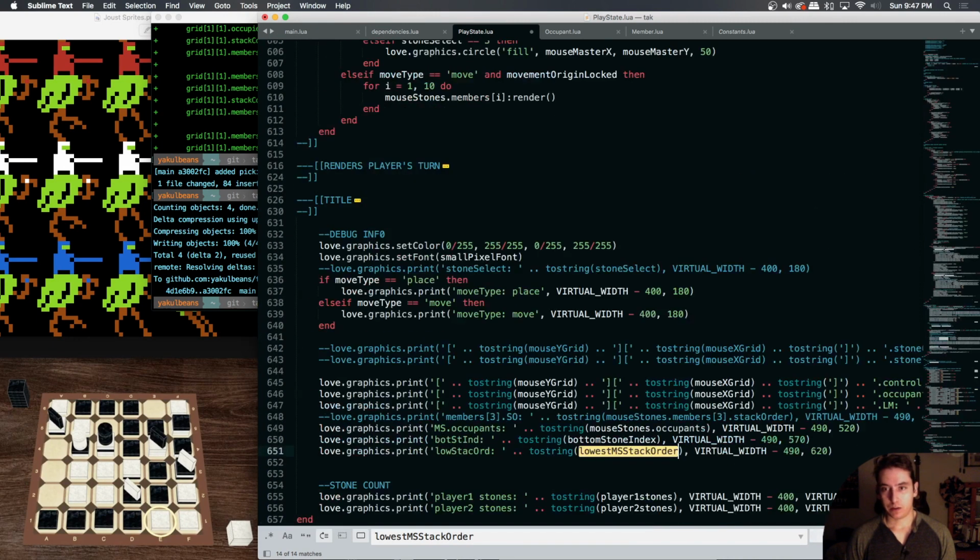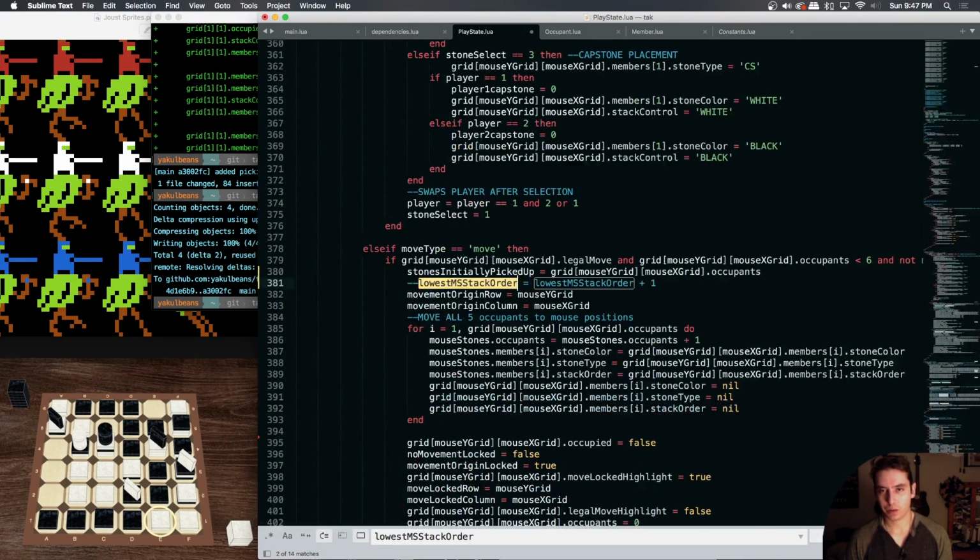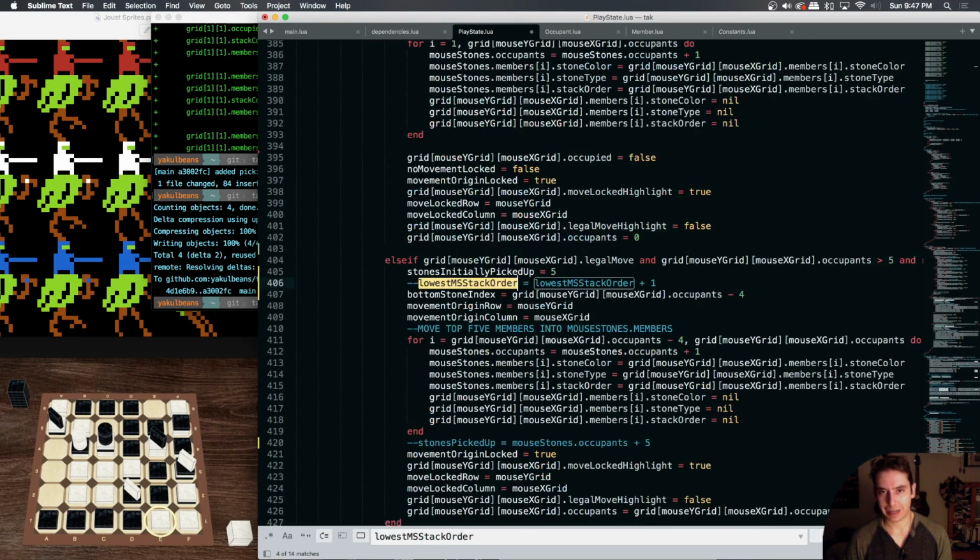Are there any other mentions? We are printing out this lowest mouse stone stack order, and I think lowest mouse stone stack order is going to be the variable we keep. I think we're going to get rid of bottom stone index. Okay, so now the next move is,